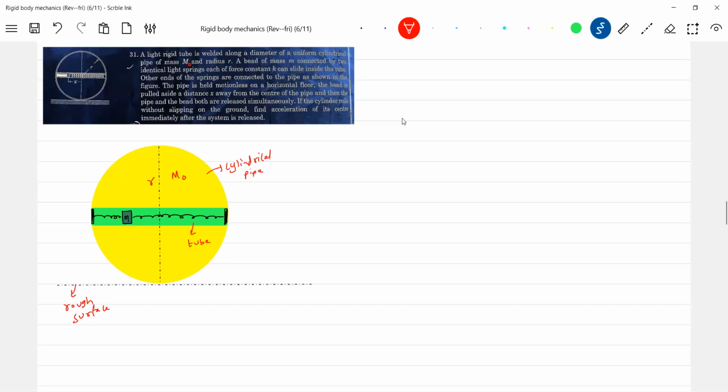Let's get into it. The particle will be displaced towards left. So what is the state of the left spring? It will be compressed. So the spring force will be towards right. This is elongated, so the spring force will be like this. So this is compressed. So here the spring force on the disk is in what direction? On the particle I have shown. Now let me show on the disk.